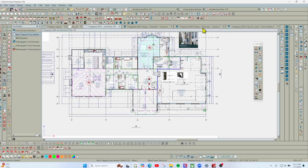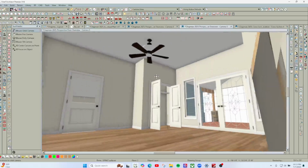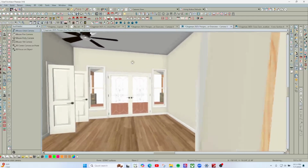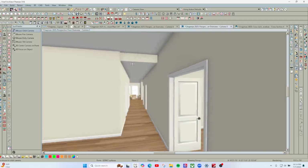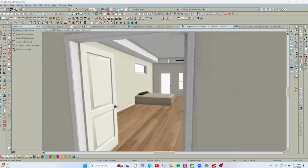So let's look at that in the dollhouse. If we wanted to do something with transoms or taller windows in there, that would take care of it. And then as you can see, as we exit this entry foyer, we would drop down to the standard 9-foot hall. And then as we look into the master bedroom,